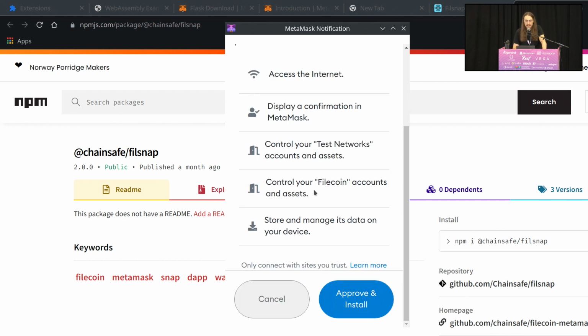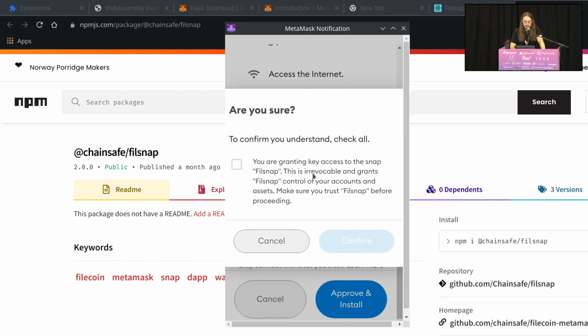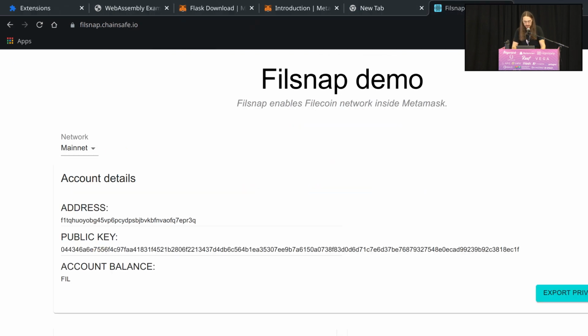And this works with any SLIP44 compatible protocol that uses BIP32 and BIP44 and so on to generate its keys. When we hit approve and install here, we make sure that the user understands that you're giving key access to this snap, but only to the keys that you see in this list, or for the protocols that you see in this list. And then once that approval goes through in this dApp, we can see that I am rather impoverished on mainnet